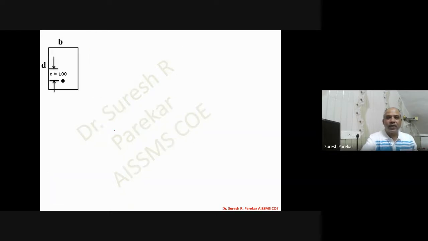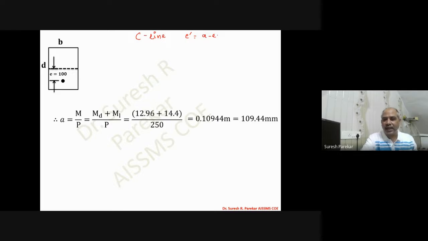If we go with the second, we have considered the C line method, and we know in the C line method we have to find e dash, which will be equal to a minus e, and that we have considered over here. a we have calculated, M by P. From this e dash we have calculated, and we will have 9.44 millimeter, you can see in the diagram also, and